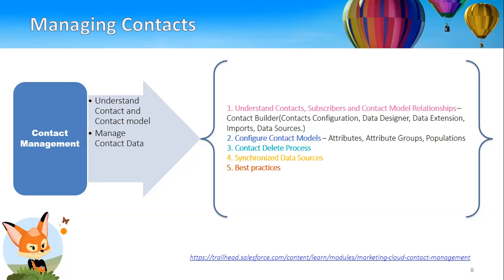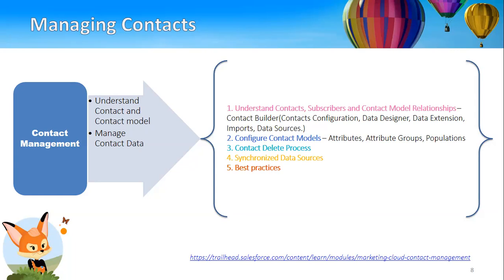You need to think in that manner and start figuring out the contacts which are not needed, and remove them. So how to remove the contacts? That is when the contact deletion process comes into the picture. We have different types. You can manually go and delete a single contact. If you want to delete a handful of them, like 5 to 10 members, you can just go and do a manual process.